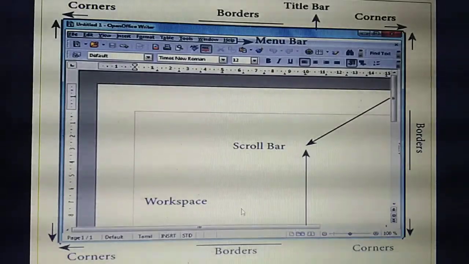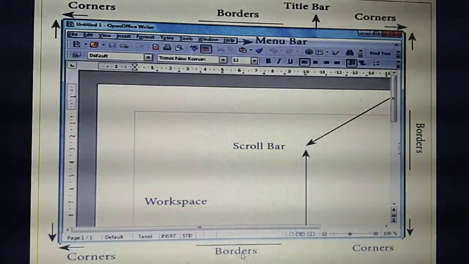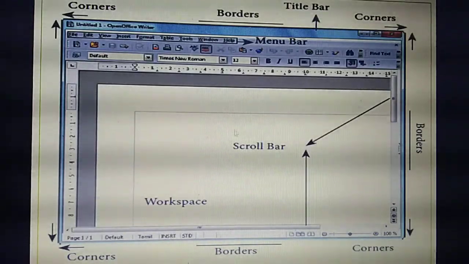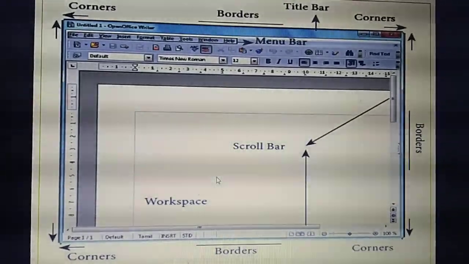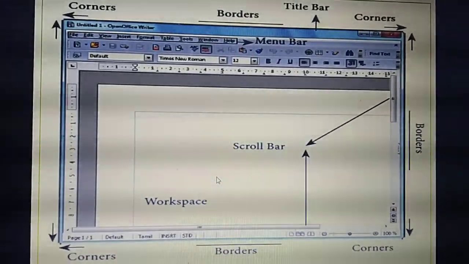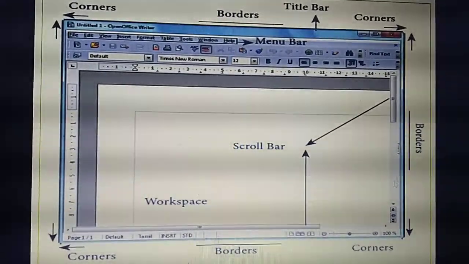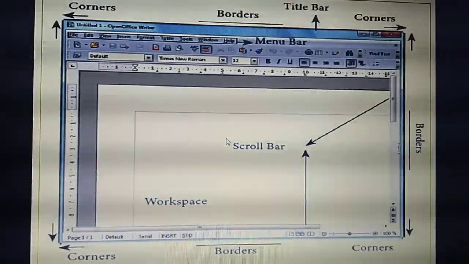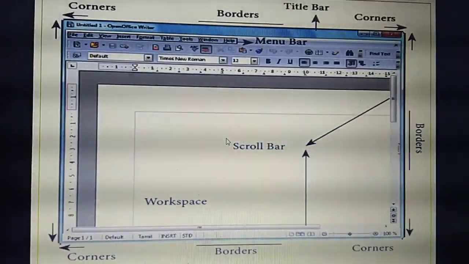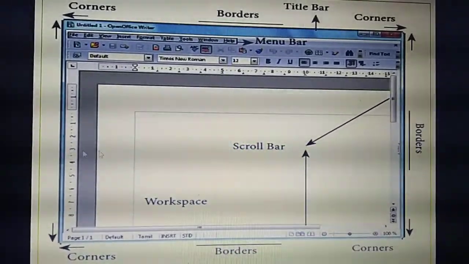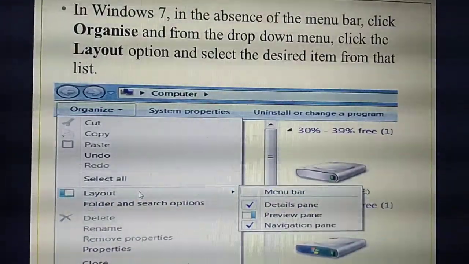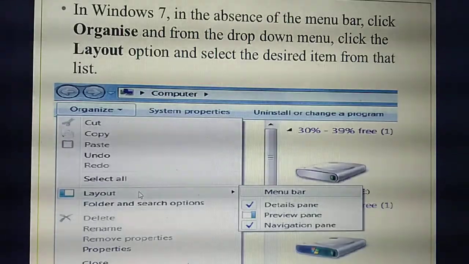The starting and ending we are calling the border. Then this white space area we are calling the workspace, or document area. Here only you are going to type your document. Okay. So if they ask a 5 mark question, you should explain each heading and you should draw this diagram also. Understand?